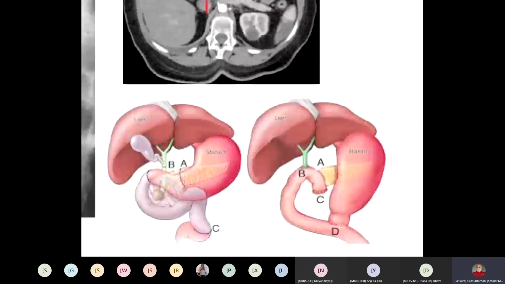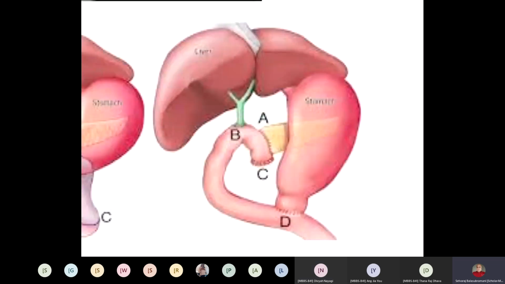Can you name those anastomoses here in the picture too? Here, are you able to name the anastomosis, please? Gastrojejunostomy. Okay, that is D. Choledochojejunostomy is B. Okay, good. And what is A? Pancreatico-jejunostomy. C is where they have closed that jejunum. That's all. Okay, they have closed that jejunum.